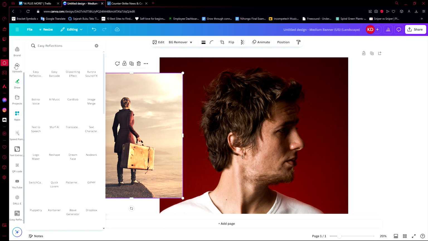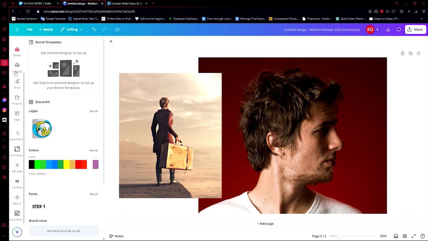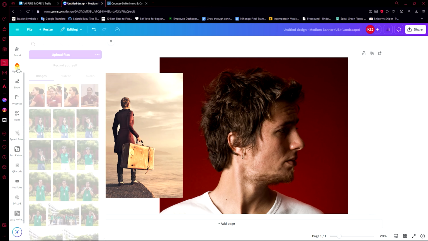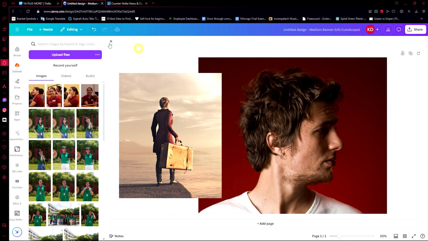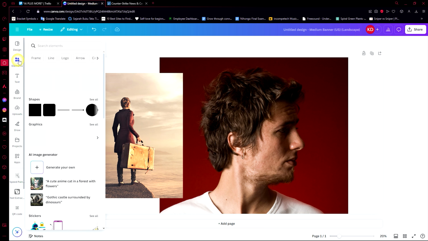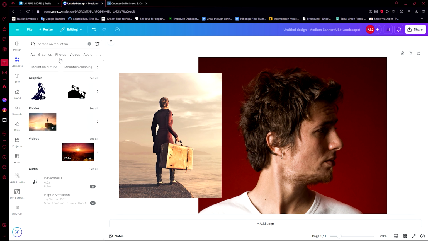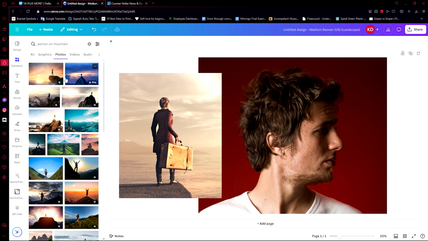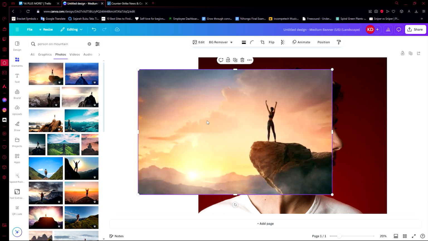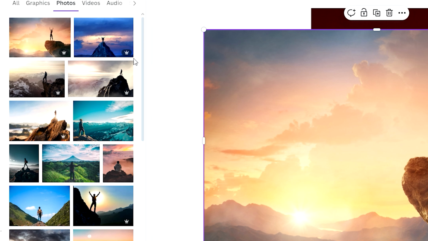So I have already prepared these 2 photos here, which I have found by going through the Canva elements, something that you upload. But for me, I chose this from the elements. I just searched up person on a mountain. Then I went to photos over here. So you see you have these kinds of photos. Now you can see that there is a crown logo over here, which means that you cannot access this image